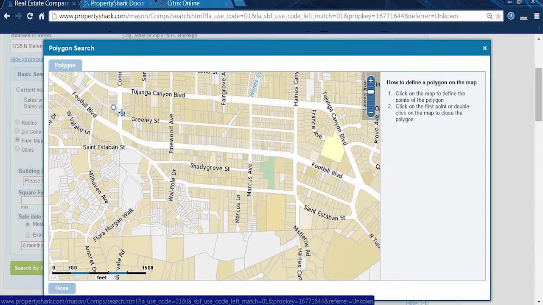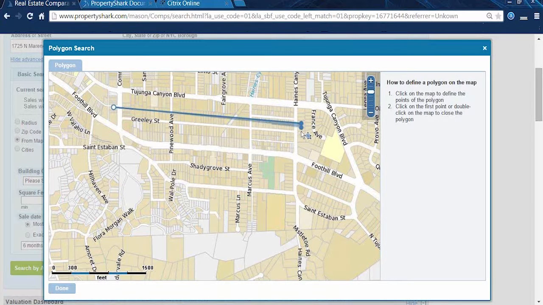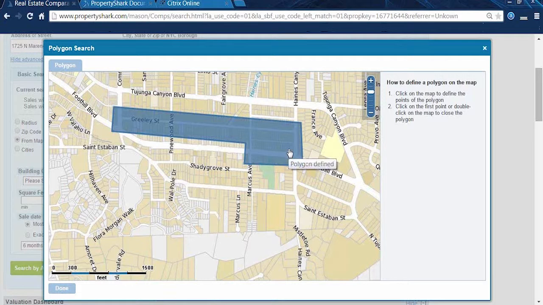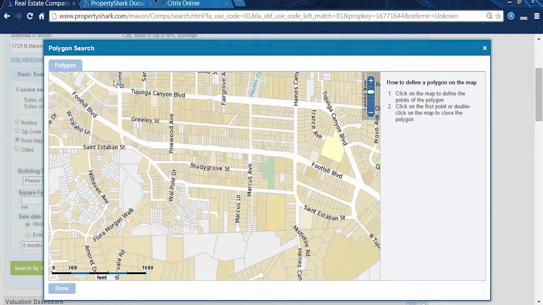you can click to leave a marker. And you can make whatever shape you want. So if for some reason you wanted to exclude certain properties, you could do that as well. And say, okay, this is the only area that I want. And so once you've defined the area, you can either accept the polygon or click OK, or clear it and make another one. So say you just want to